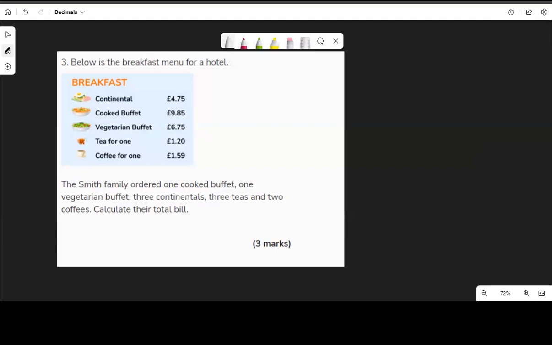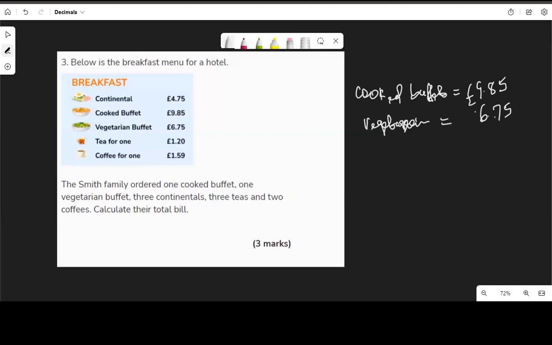Okay, now the cost of 1 cooked buffet is 9.85. So now they say this family ordered 1 cooked buffet. So cooked buffet is 9.85 pounds. Then 1 vegetarian is 6.75. Then